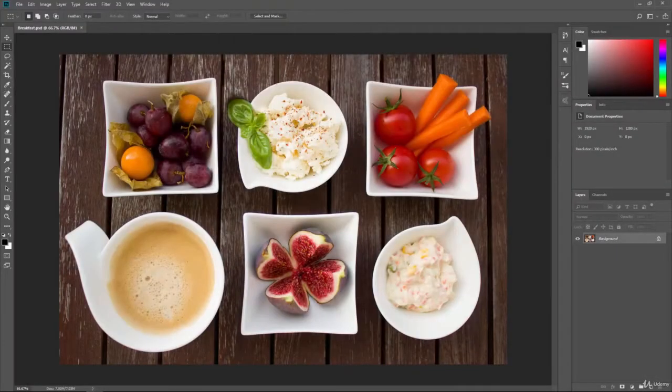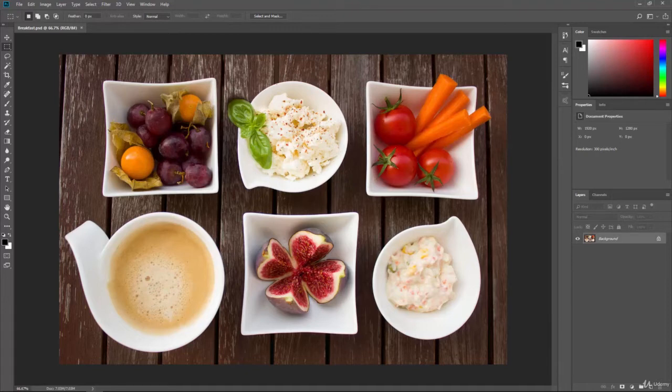Whenever we change the image size inside of Photoshop, we're actually changing the pixel information, and the picture can change. It can squash or stretch depending on the image dimensions that you put in when you change that image size. Now, sometimes you might just want to change the canvas size while keeping the original size of the image. And the canvas is basically what you see in Photoshop, and it's where all of the layers are contained.